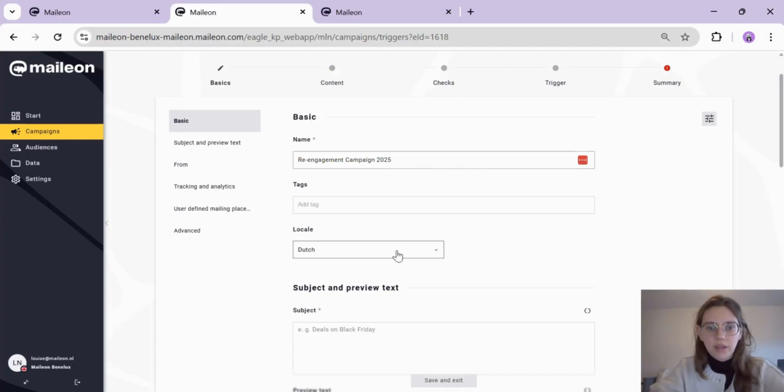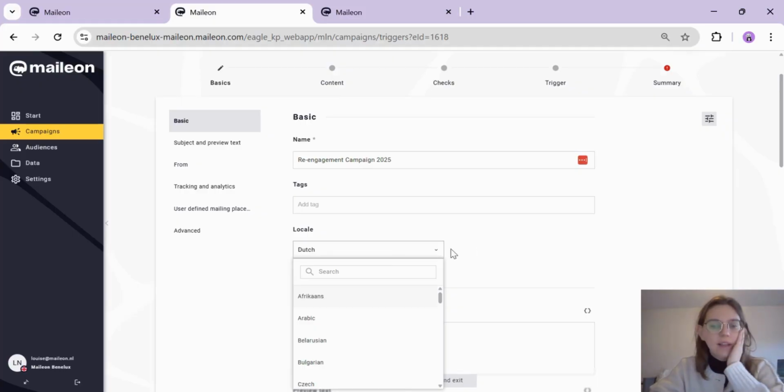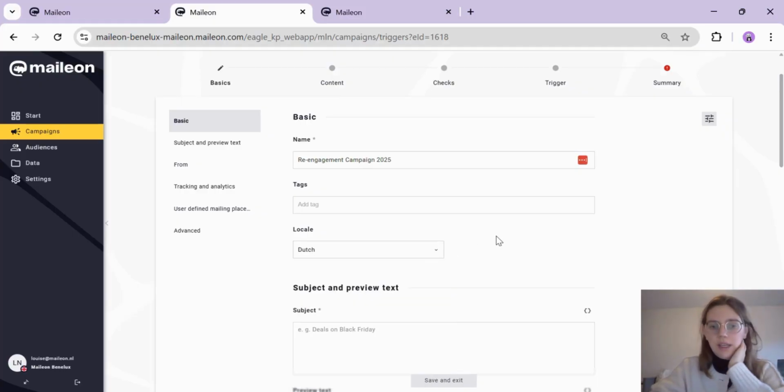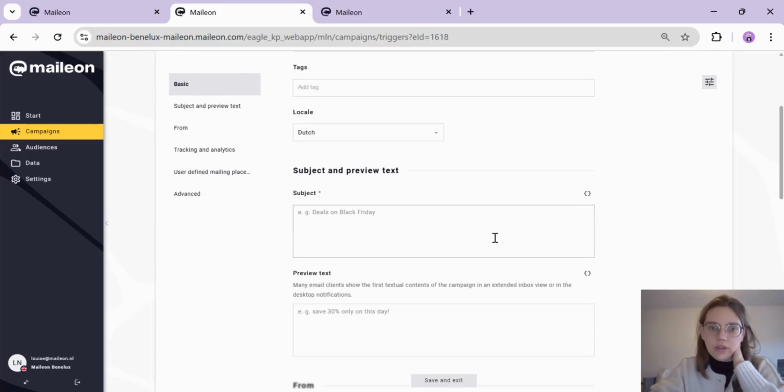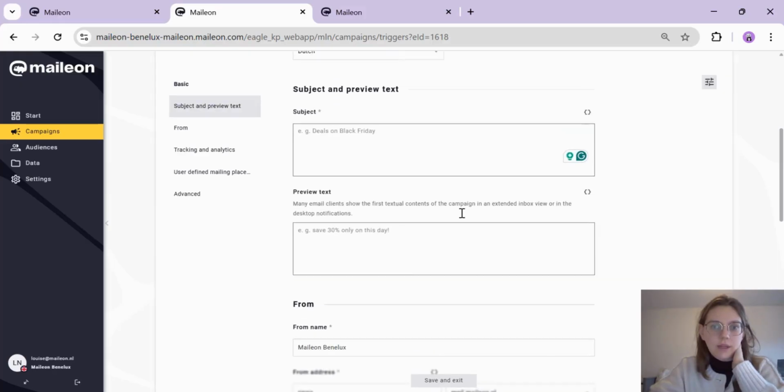You have to pick a language here. So we're going to pick Dutch as our base language. But like I said, we're making a dual language campaign. Subject, I do have